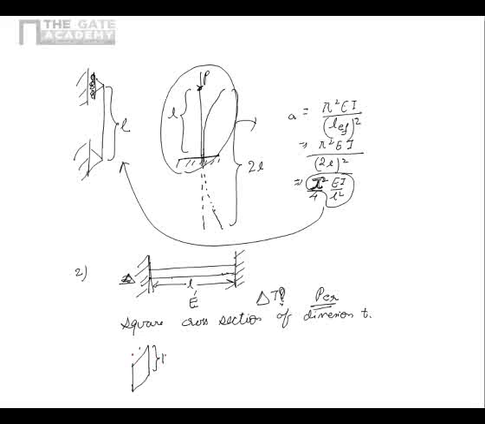This is T and this is also T. Both these dimensions are T. So in this case I is equal to 1 upon 12 T to the power 4. Okay. Now if I am given this condition and I am asked what is the rise in temperature required such that this bar buckles, so we have to